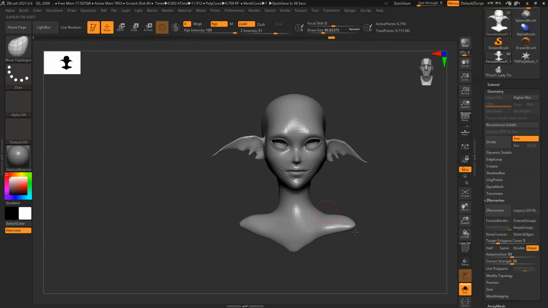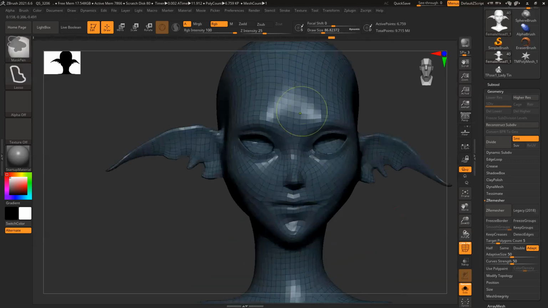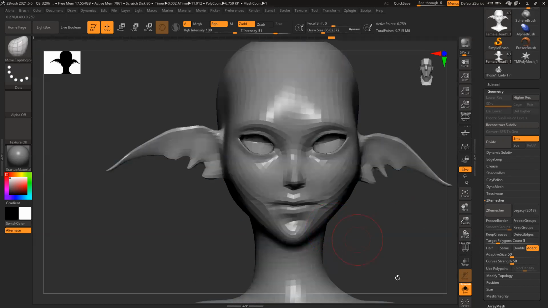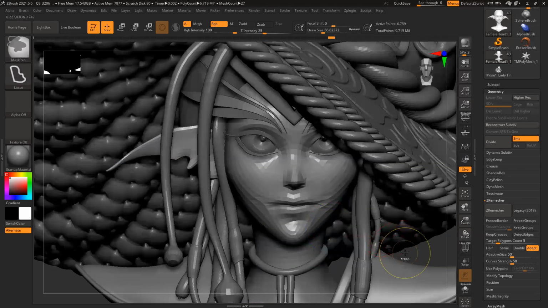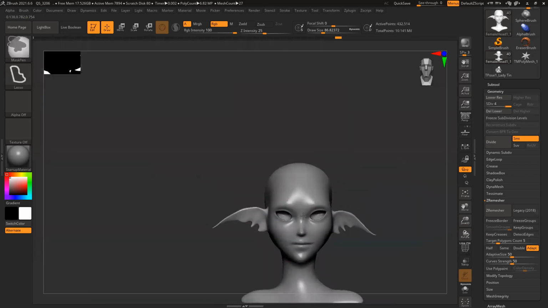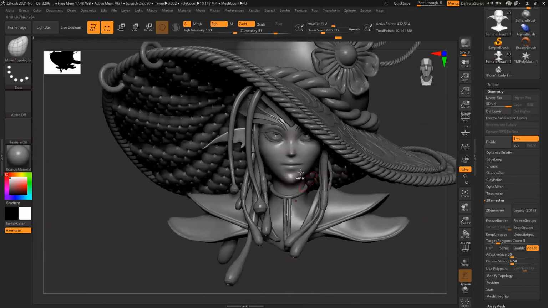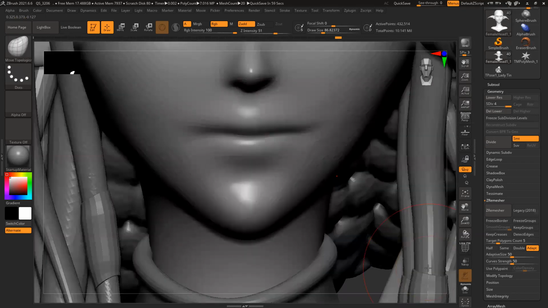You can see now it retained the detail, but the only problem is the mesh is not symmetrical. There is no center line. That is the main problem. Though we are not creating any low poly for this, if we have to retopo the model, it's always better to do it in a normal standard idle pose, then remesh everything, do everything, and then pose it. Anyways, just fix this area, and now fix the ellipse.